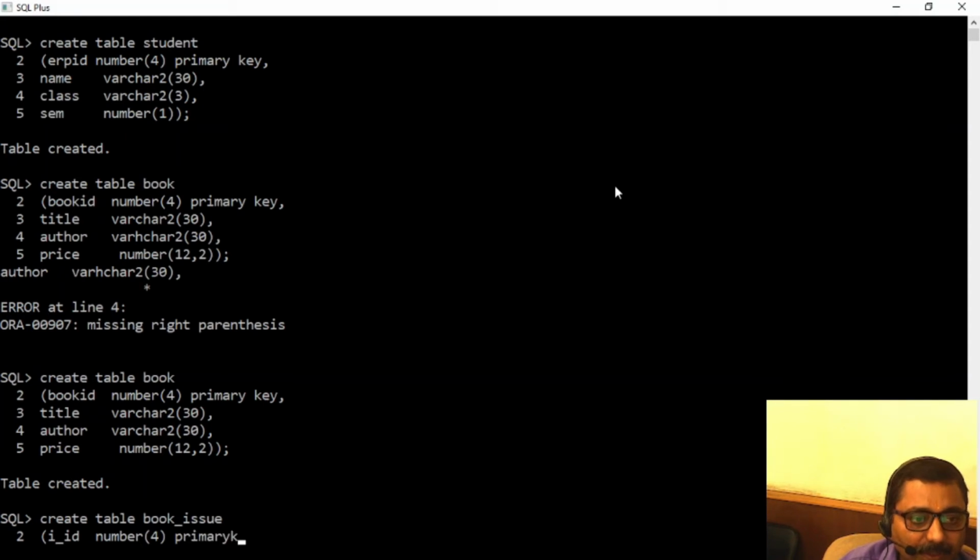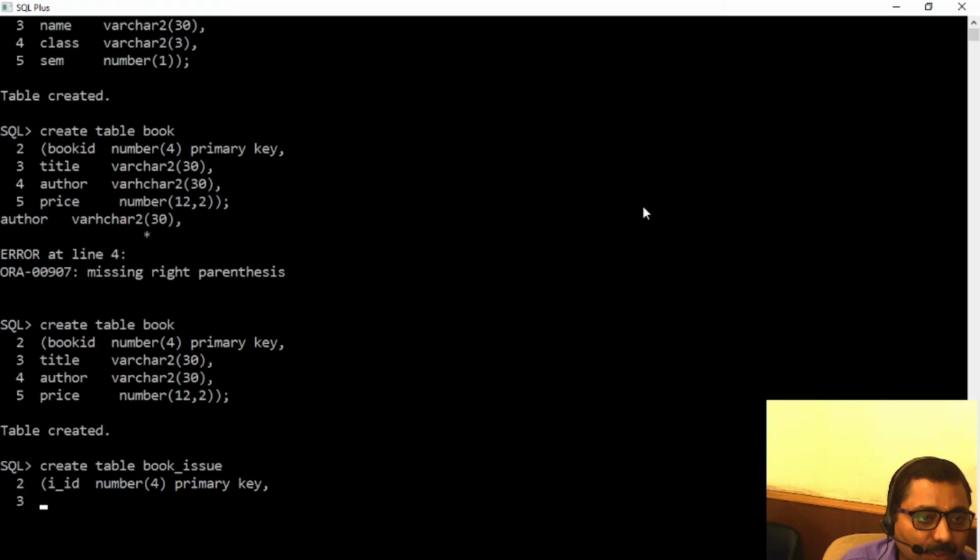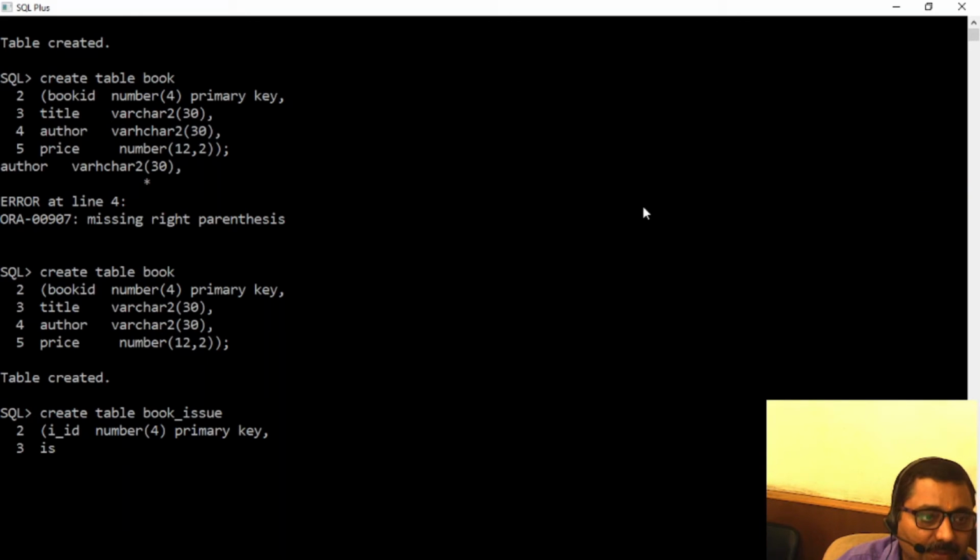It will be a primary key because issue ID cannot be left null. Second, I will take issue date, the date on which the book is issued. I date is of date type.